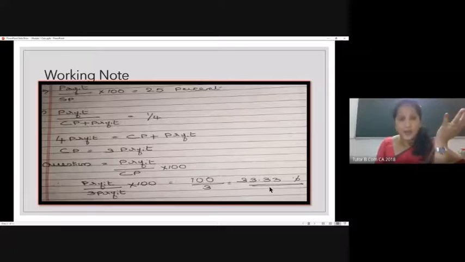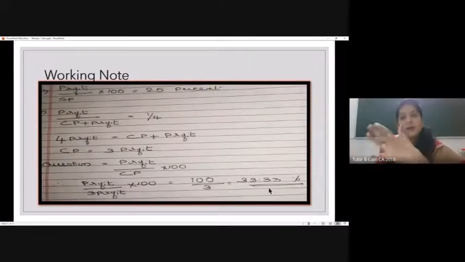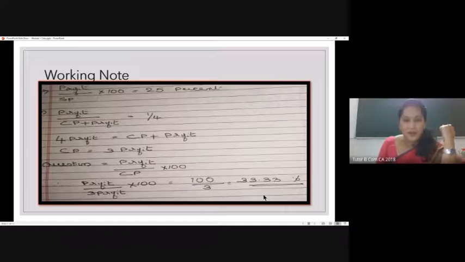There are n number of ways. I have just shown you one simple way. You might be knowing other ways for computing the same. Right. So when we are given the profit percentage on selling price, and we have only the cost price with us, this can be one method to find out this percentage on our selling price and our cost price. So that is what we have done through this formula, right?